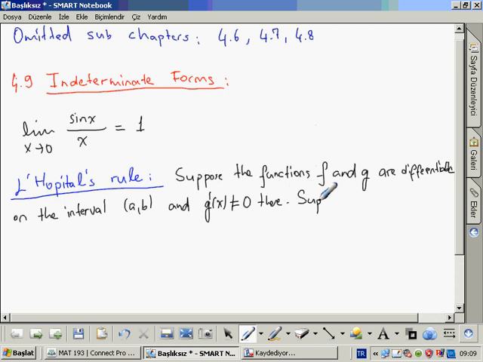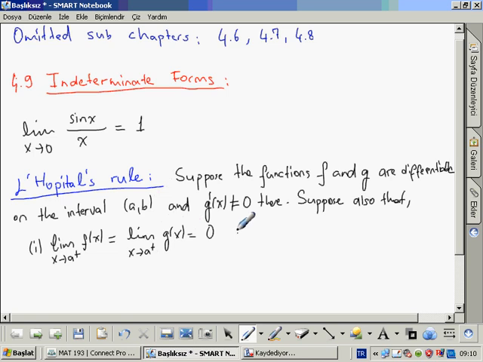Suppose also that the limit as x approaches a from the right hand side of f of x equals the limit as x approaches a from the right hand side of g of x, which equals 0, and the limit as x approaches a from the right hand side of f prime of x over g prime of x